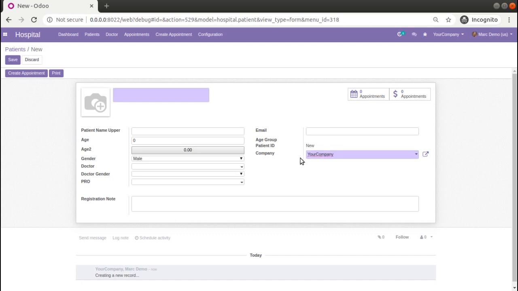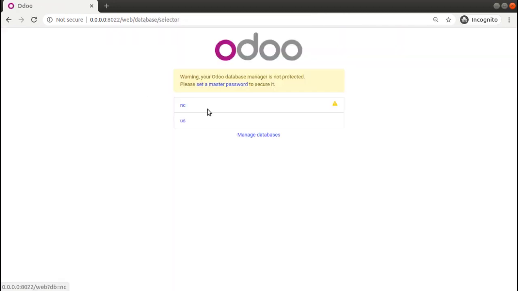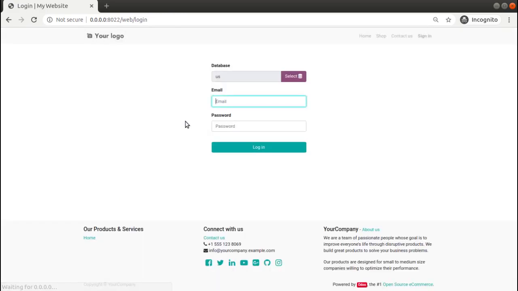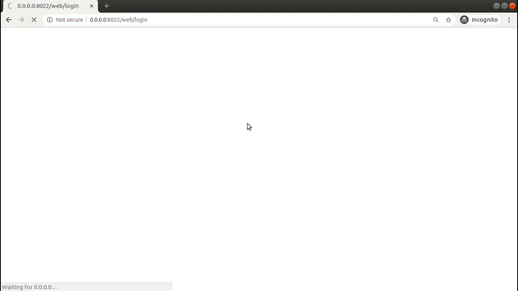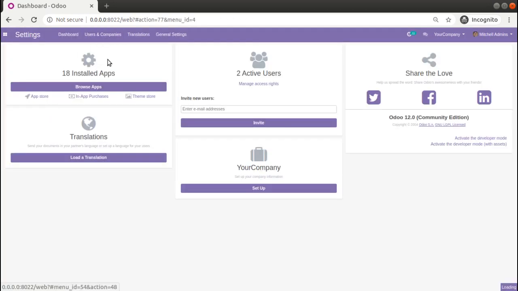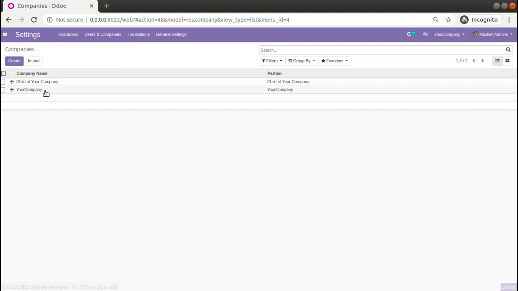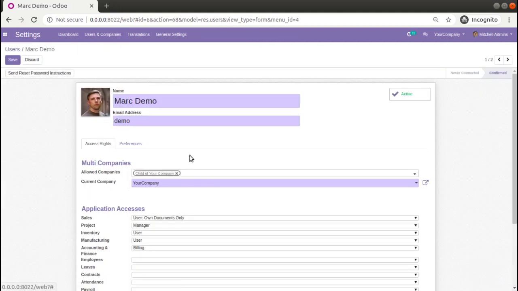You will be able to see this option here, and if I remove him from the allowed companies, let me log in as admin. Once I remove him from the allowed companies, I'll be going to the settings, users and companies, users, Mark Demo, and if I remove your company from here, this option will get removed from his account.